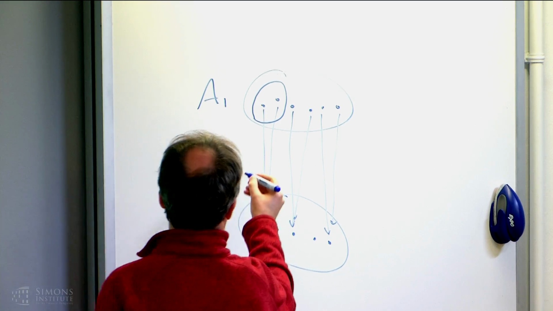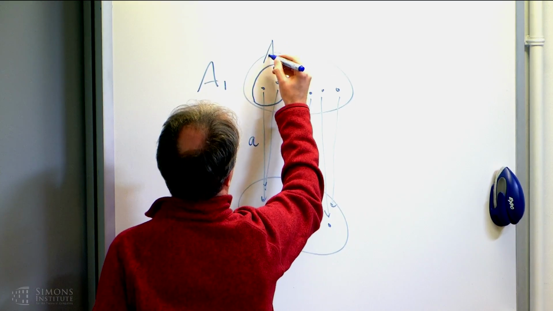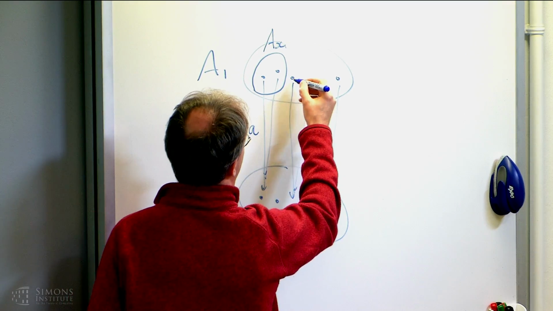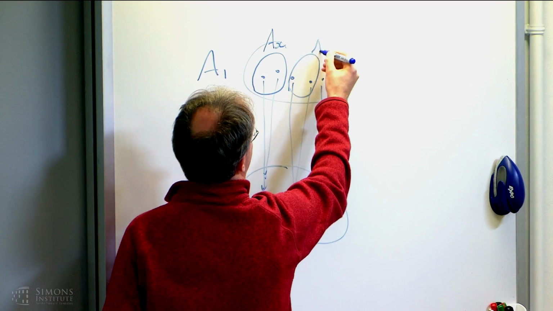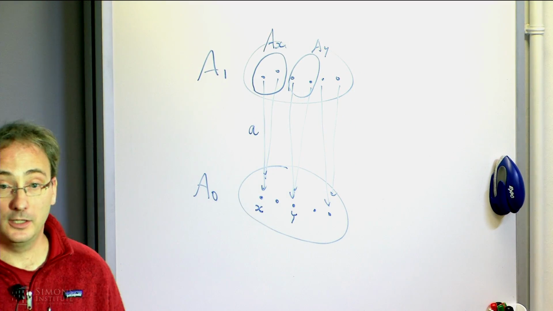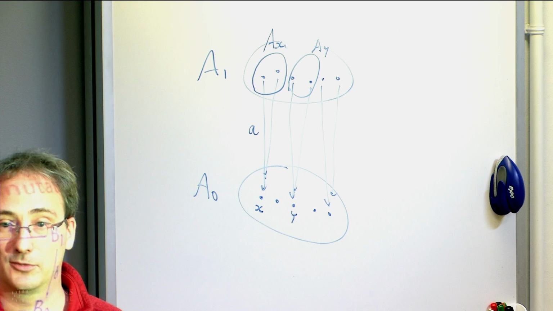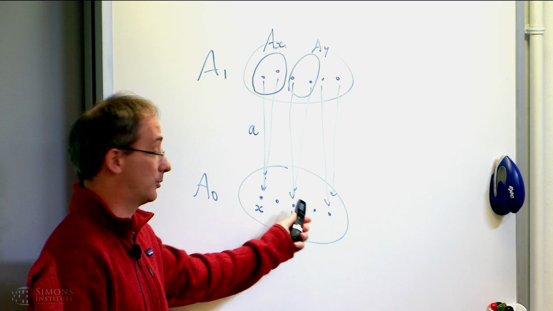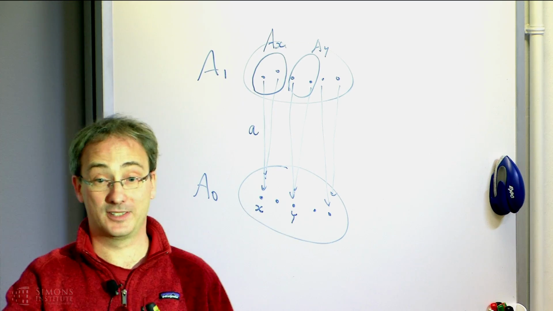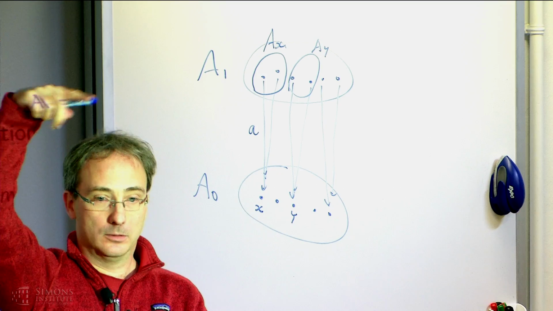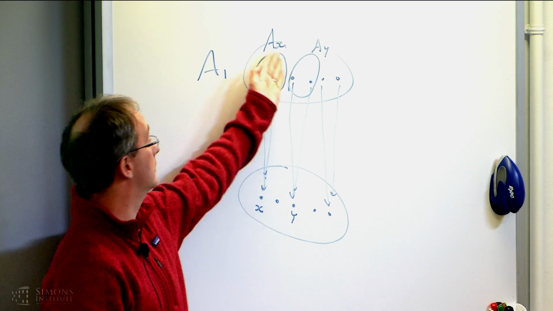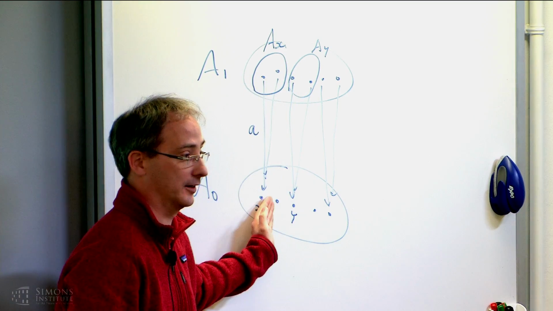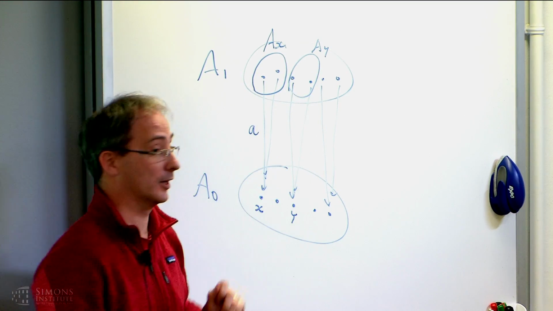Right? So we call this the fiber over x, and we call it A sub x. Okay? And here's another element, y, for example, and then here's the fiber A sub y. Sometimes the fiber can be empty, sometimes it's a singleton, right? Sometimes it has more than one element. So we think of these elements as the parameters, and once a parameter is given, then you have a set of states. Okay? Think of the upstairs things as the states. But the set of states is not just a set, but it's a set of states over x, and another set of states over y, and so on.